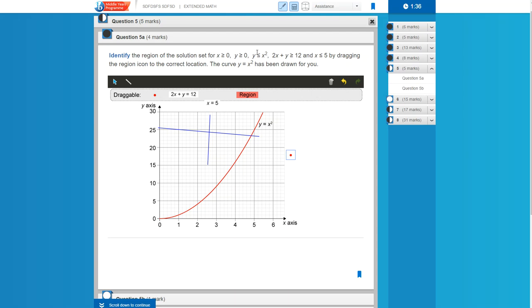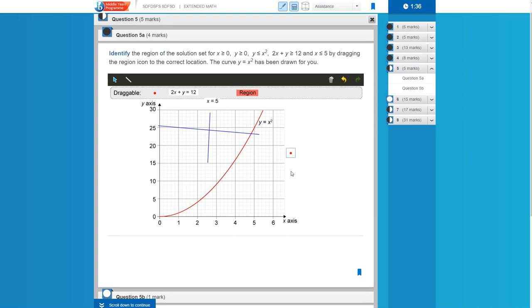So identify the region of the solution set for x is greater than 0. x is greater than 0 is to the right of the y-axis. y is greater than 0 is above the x-axis. We want y is less than or equal to x squared, 2x plus y is greater than or equal to 12, and x is less than or equal to